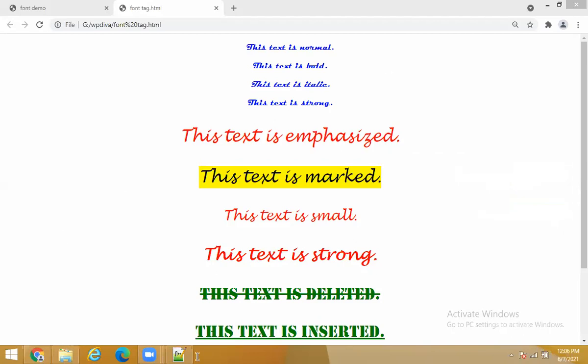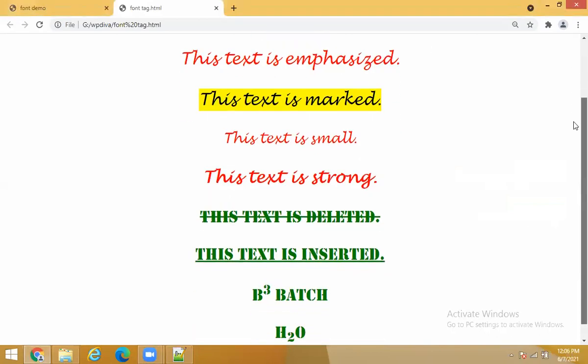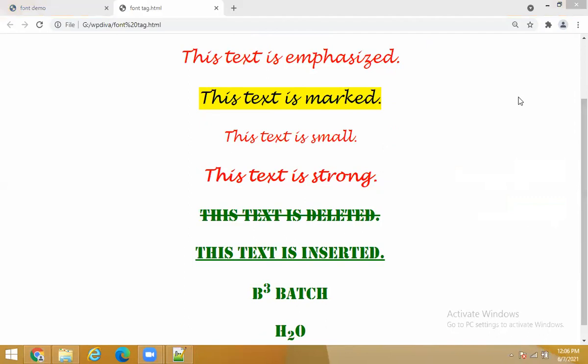Now the last thing, here you can see one more paragraph. That paragraph shows text that is deleted and text that is inserted. Even this entire paragraph, all 4 lines, we are applying one font set. So what is the font set? Can you tell me without seeing the code what I am applying here?